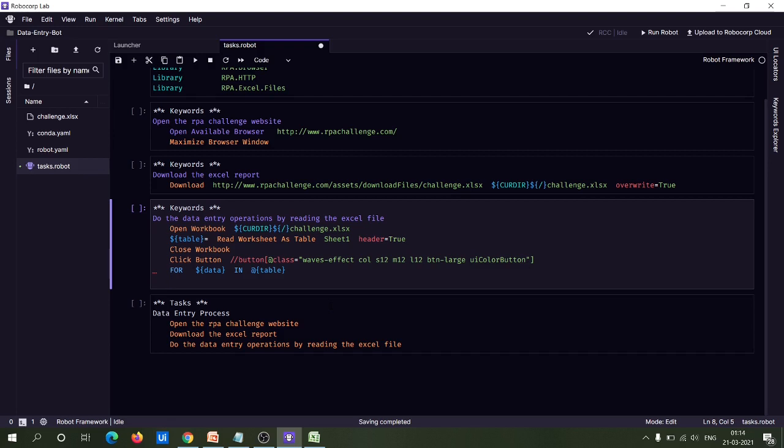So under this for loop, you can define a custom keyword which will do the data entry operation for a single person by accepting the data argument. Okay, so when you do this process, you will understand. Let me specify that one.